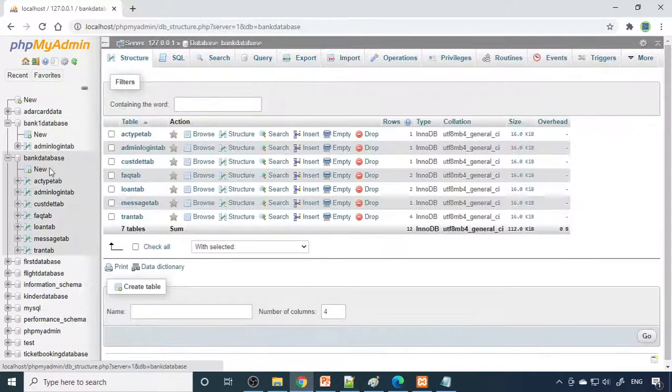Fine. So here we have the bank database. We already created all these tables. Here all the tables are ready. Before making a project, your tables are important. Otherwise, you need to make one table correspondingly and keep checking that everything is working fine. Then you can continue with this.